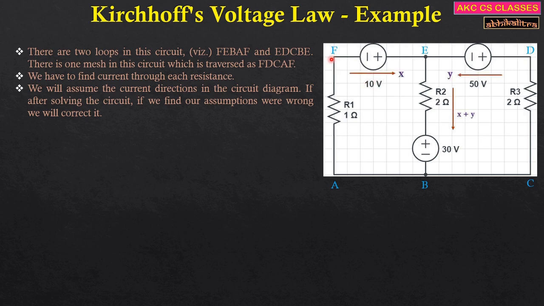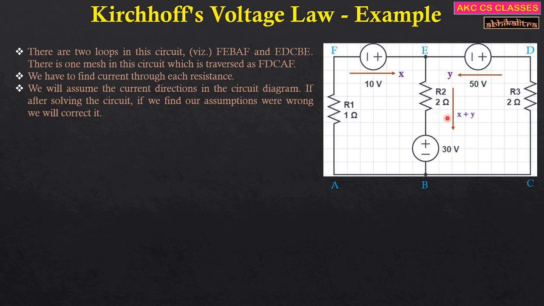If we see carefully, the current direction that we have assumed between F and E is from F to E. The current is moving from F to E, and we have labeled it as X, right? Now in this particular wire, we have assumed that the current is moving from D to E, and we have labeled it with Y. Now if these two currents are entering this junction E, then obviously the current in this wire has to leave the junction in order to maintain Kirchhoff's current law, or KCL.